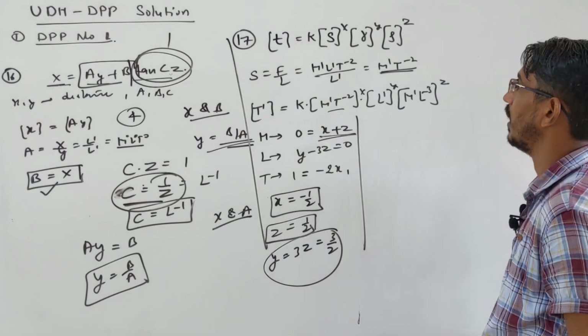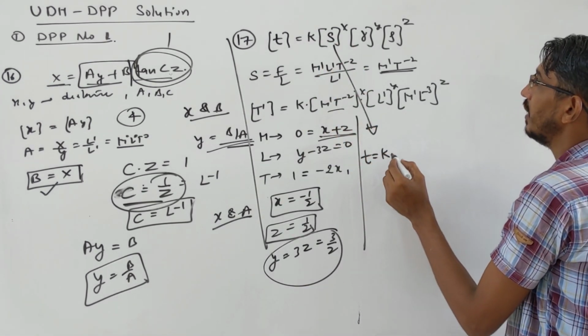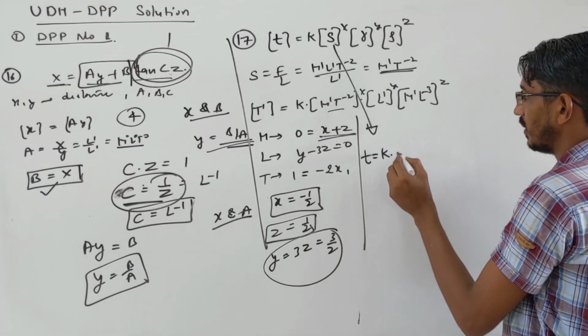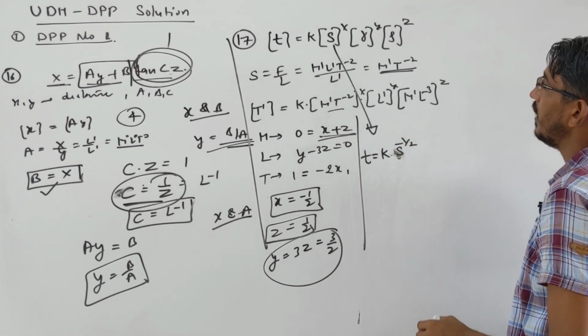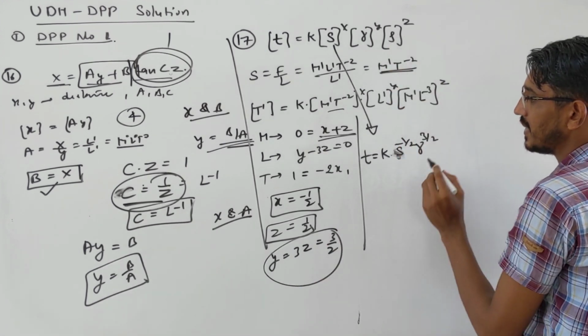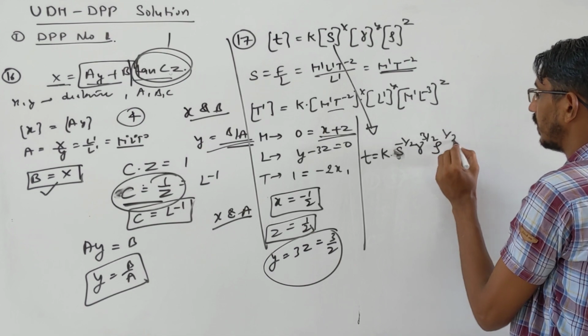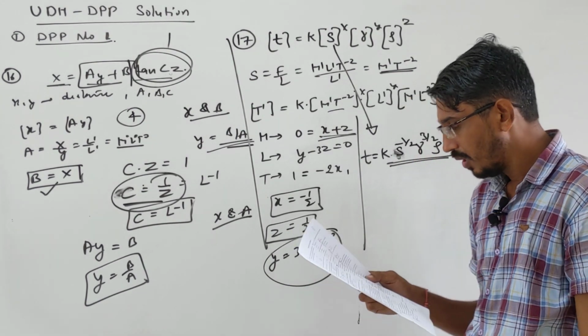Let's put them in the original formula. Time should be equal to constant K, surface tension power x, so S power minus 1 by 2, radius power y, 3 by 2, and density power z, rho. That's your answer. So if you see your options,